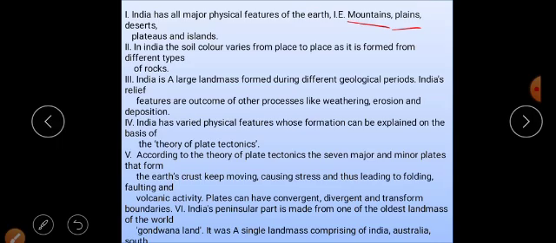India is a large landmass. During the different geological periods, whatever landforms are there, they got their shape. Tectonic activities are also responsible, and different types of outer phenomena like weathering, erosion, and depositional activities are also responsible. India has varied physical features whose formation can be explained on the basis of the theory of plate